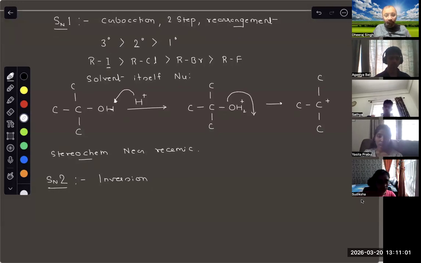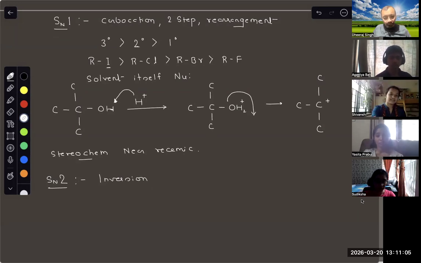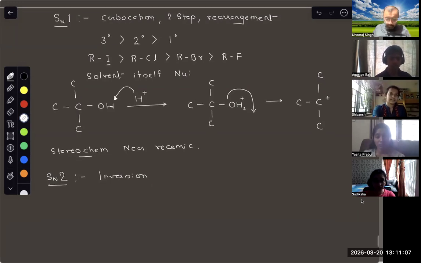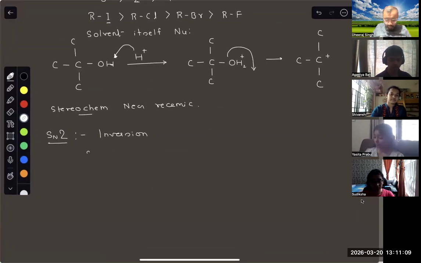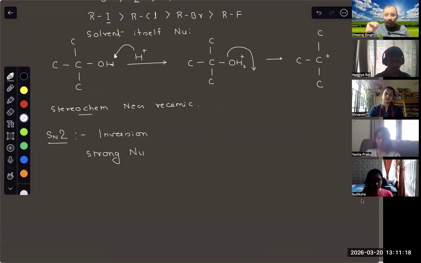By looking at it, how will you know that? If the nucleophile is strong, it will undergo SN2. The nucleophile is very strong, so it requires a strong nucleophile. The solvent is not a nucleophile. In the solvent, there is KOH, NaNH2. These attacking reagents are dissolved in smaller quantities in the solvent to attack and create the SN2 reaction,